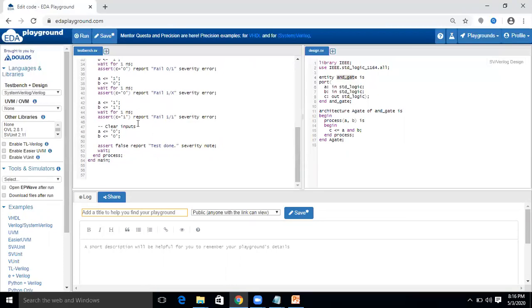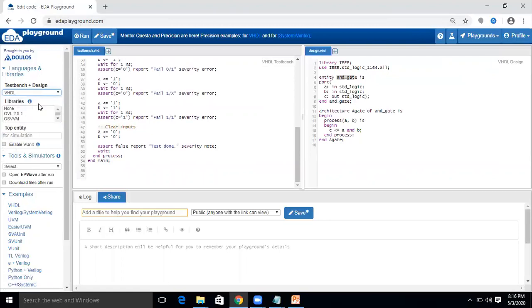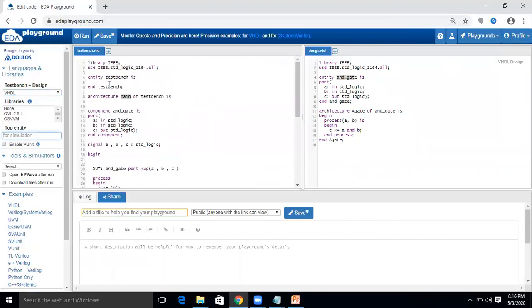In this online platform of EDA Playground, you have to select the language which we are using. So here I'm using VHDL, so select the testbench plus design as VHDL. Then the top entity we are using here is testbench.